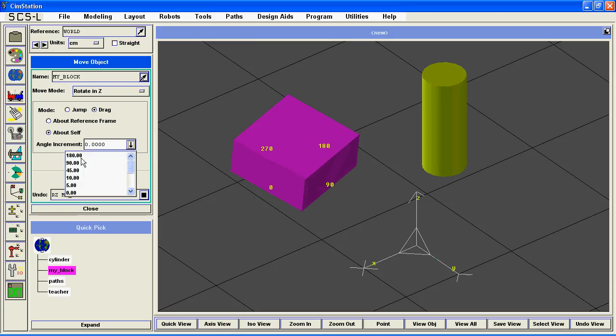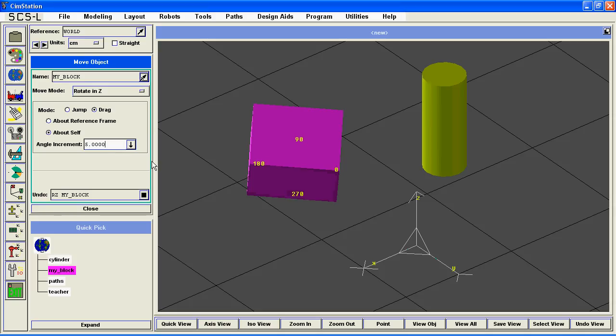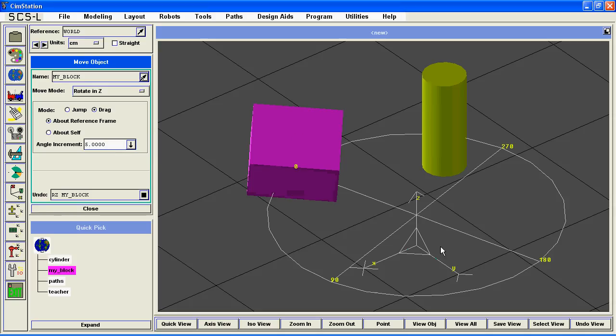Other times you want to put in an exact angle, a 90-degree angle, which is difficult to see with a block like this, or a smaller one like 5 degrees, and every time you hit return now, it's going to move 5 degrees. You can also choose a reference frame, and you can see the reference frame above the Move Object